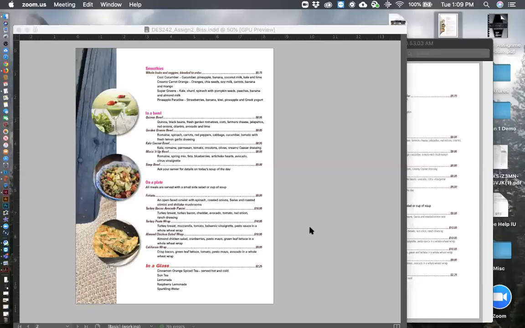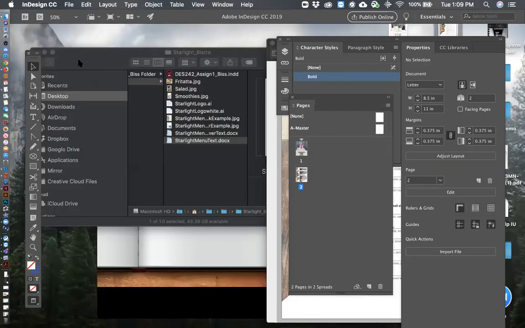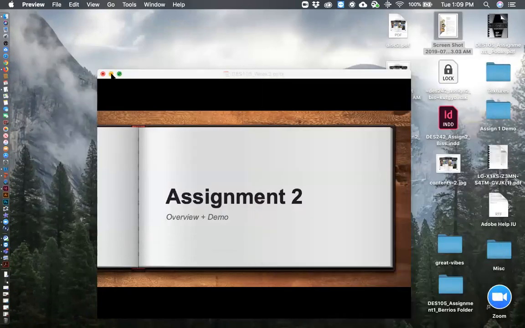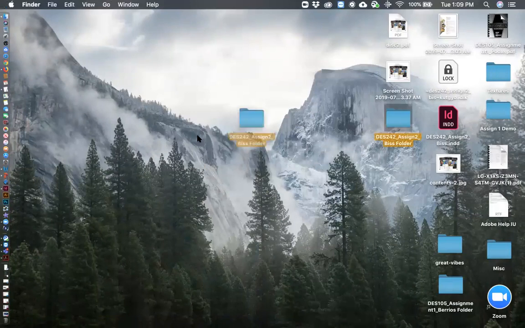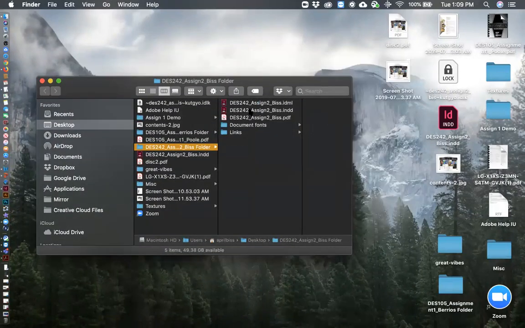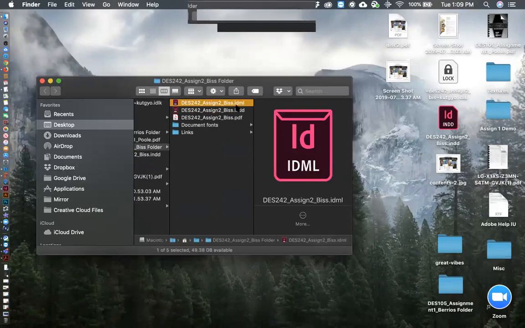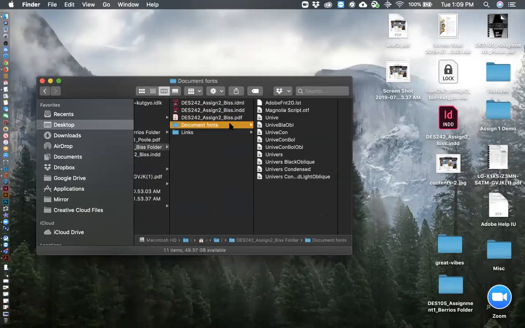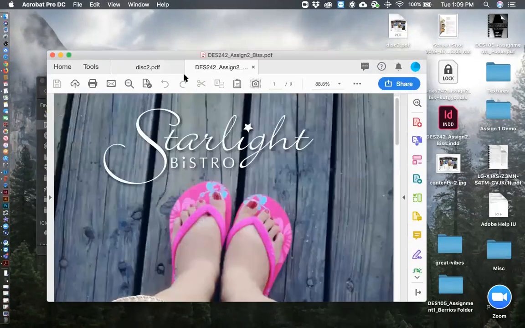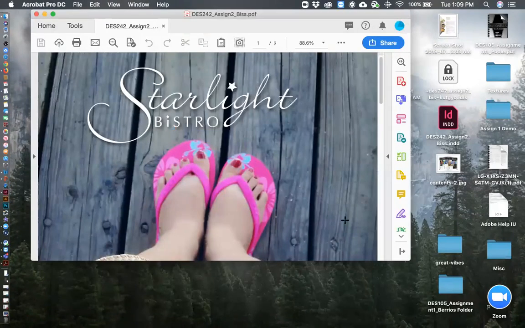Let me share my desktop. Let me hide all my stuff here. So it's on my computer. It looks like this. I'm going to double click on it. It has my InDesign file. This is just telling me it's open. This is the PDF. Here's my document fonts and my links. I'm going to double click on my PDF, and I want you guys to do the same.